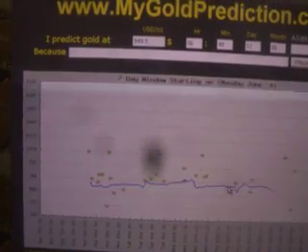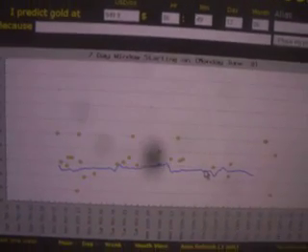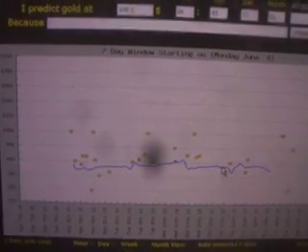Hi there, let me show you around my website that I built recently. It's called MyGoldPrediction.com. Sure, of course, with the current environment of inflation, Mark Faber says that it will be at least 10%